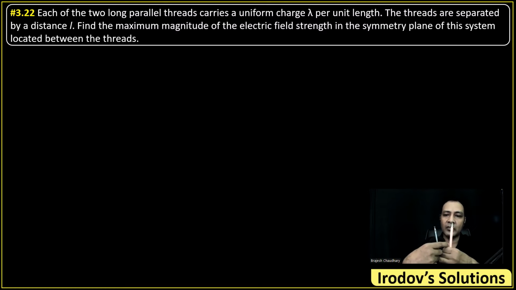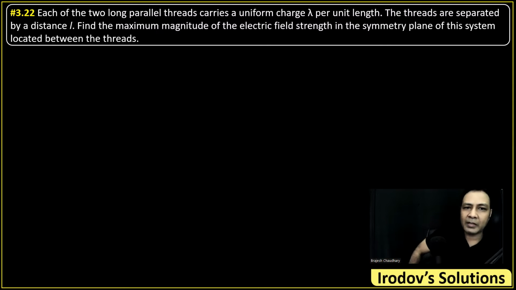Along the perpendicular to the line joining them, the field is zero at the center, and at a very large distance again zero. So somewhere between them the electric field would first increase and then decrease, meaning it would be maximum somewhere. First of all, we have to find where the electric field will be maximum,